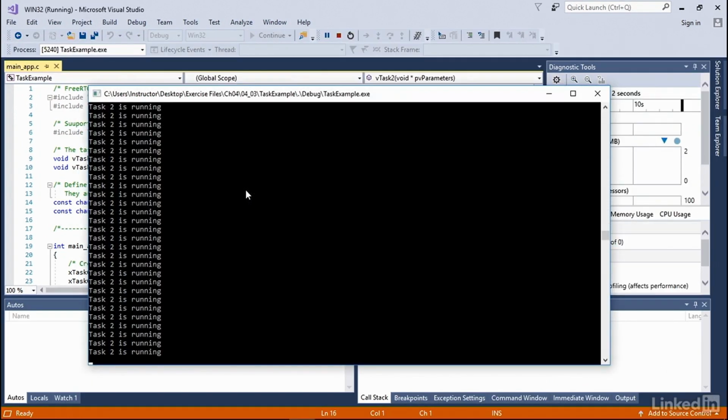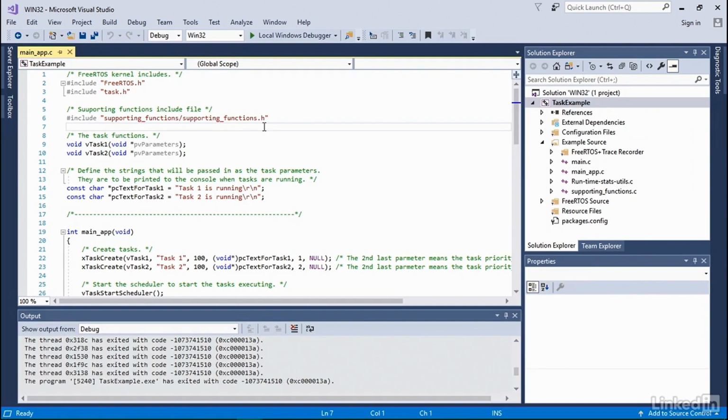Using the task state terminology we introduced, task 2 now is always in running state, and task 1 is always in ready state. Well, this is the way we program it, and what happens here is that task 2 is hijacking the CPU time because it has higher priority. A task scheduler, in this case, is doing what we program it to do. In order to make both tasks run,